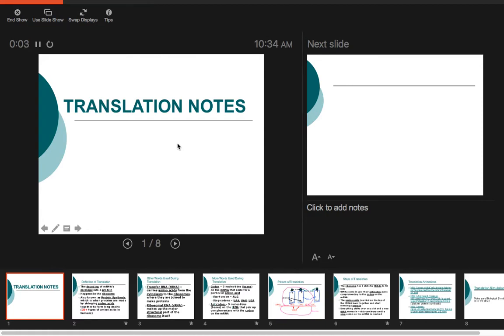All right, so translation now is, again, kind of what it sounds like. So now we have this code, we have this blueprint. So now the ribosome has to translate this into the language of amino acids. It has to read this and say, okay, this is going to code for this amino acid, this amino acid, and this amino acid. So it's basically like the messenger boy going to the job site, lays out the blueprints,